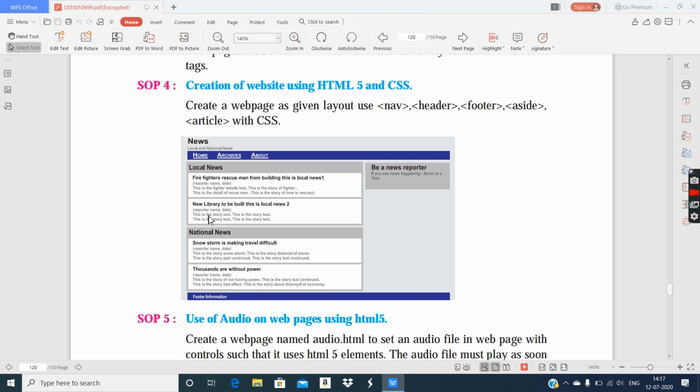I think these are two, but they have separate background colors, so that has to be worked upon. Background colors. I think you have to give one background color, that should be violet, and each article should have white background color, so they will look separate like this. And these two sections, I think these are two sections, local news and national news. Inside local news section you can provide two articles. So it totally depends upon you how you want to create. So if you want you can try.